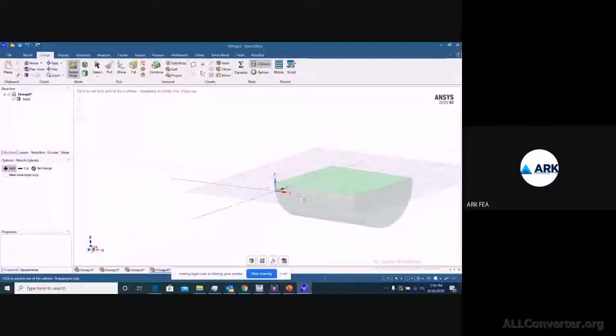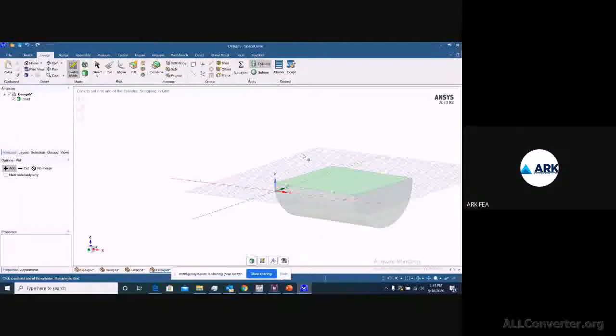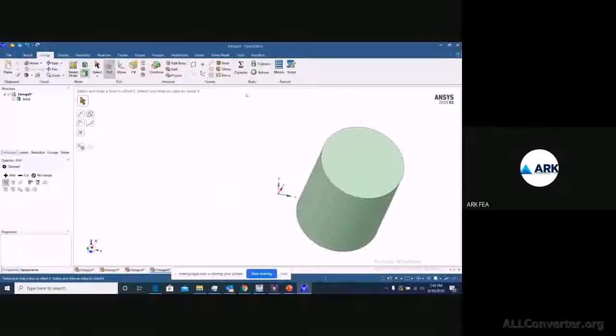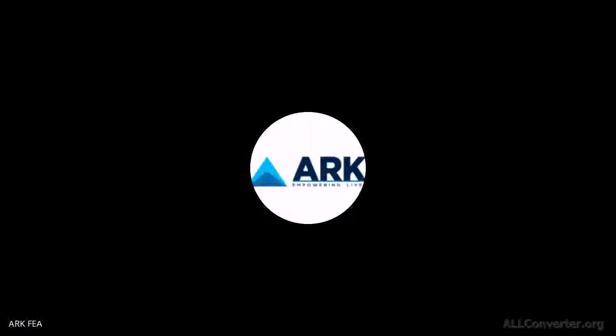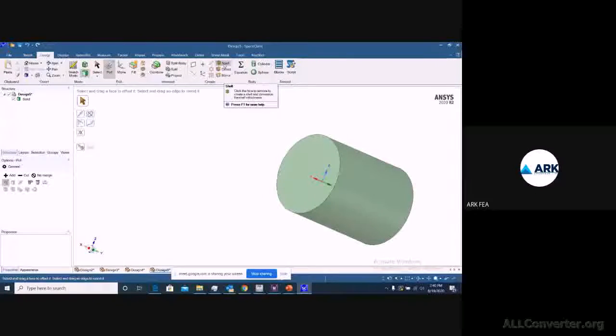This is the section mode where you are seeing right now, and then you can just get back to your sketch mode once again. So this is how you can do it directly, and you can also add a sphere here, or equations if they exist. If you want to work on certain equations, you can do that also.